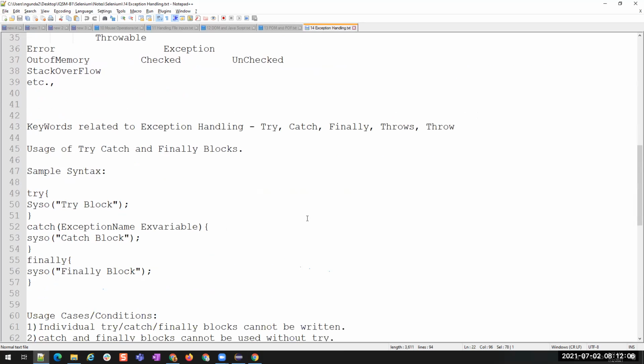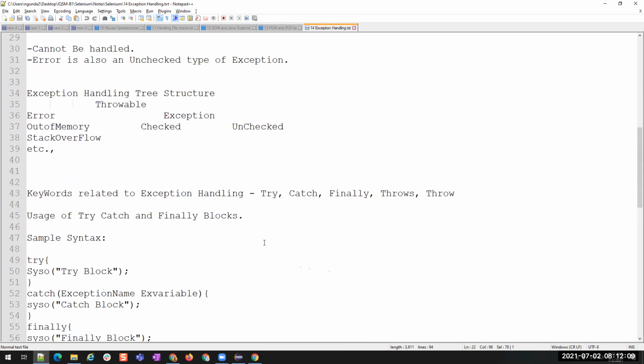Okay, right. Now there are a few keywords that you need to understand for exception handling. They are try, catch, finally, throw, and throws. There is one famous interview question in India. Out of 10 interviews, you will get this question in 5 to 6 interviews. That is, what is the difference between final and finally? We have already learned what the final keyword is. Now we are going to see finally.